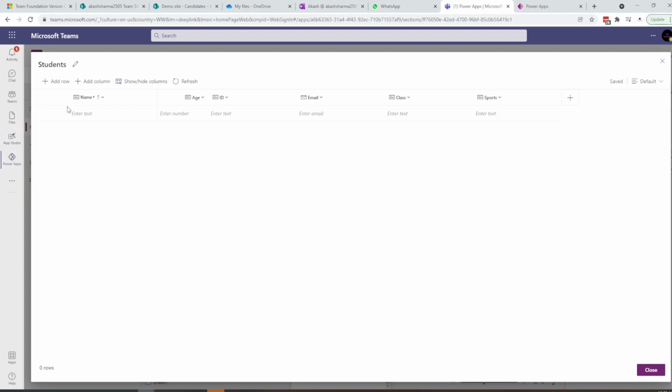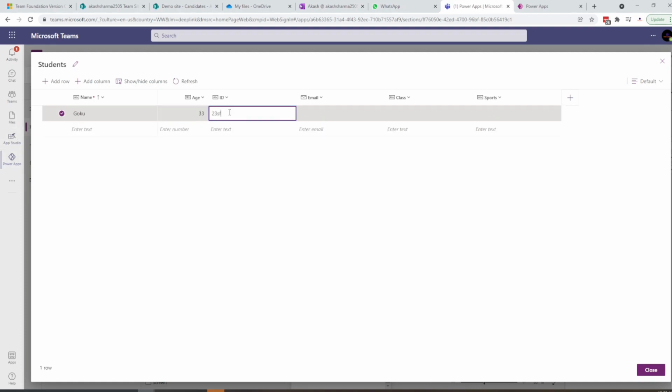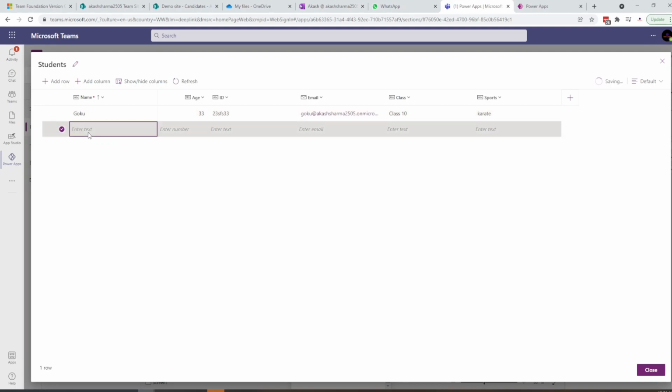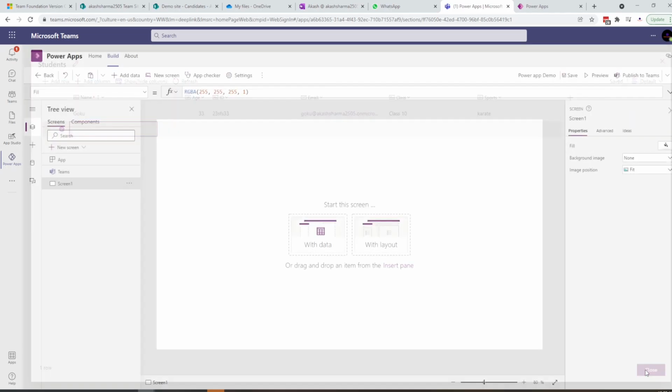Once it is done, I can create the rows here. For example, that's it. And I can create many more other rows here within this table. Or if you don't want to create each row one by one, what you can do is copy your content from an Excel and create the corresponding row here and paste it. That is also you can do. For now, I'll stick with one row and close it.